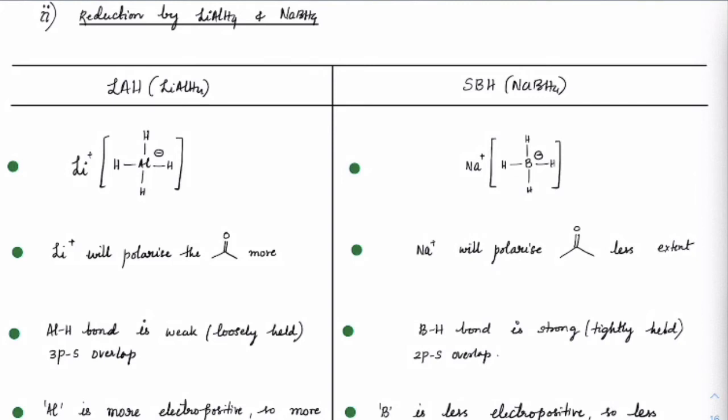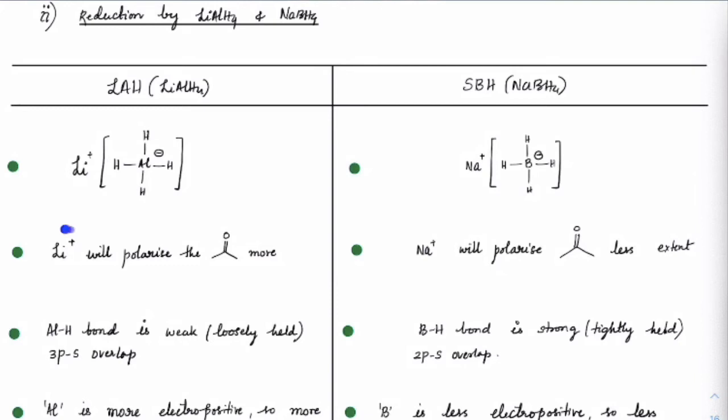So check this, guys. Lithium aluminum hydride, in short it is written as LAH. Sodium borohydride, in short it is written as SBH. Okay, lithium aluminum hydride is a complex which is in this form, Li plus, and aluminum has 4 hydrogen connections. Got it? So 4 ligand hydrogens are present on that. Same is the case with sodium, Na plus with 4 hydrogens present on it.